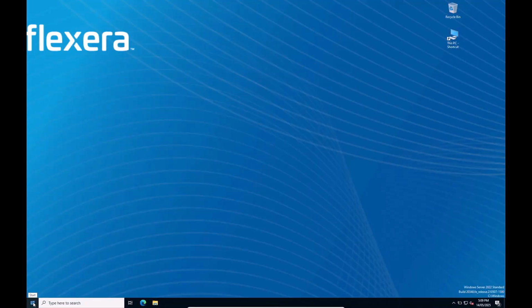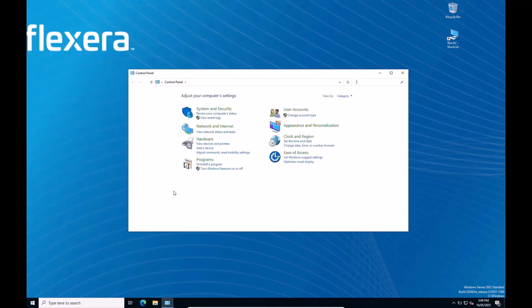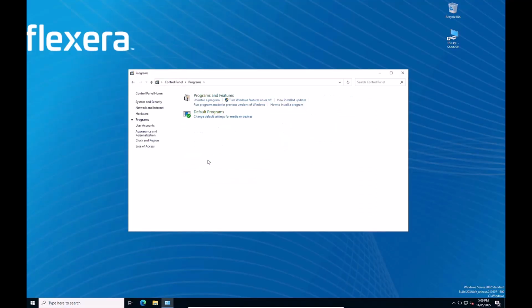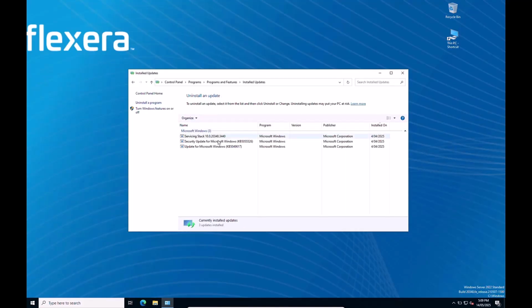Click the Windows button. Click Control Panel. Click Programs. Click Programs and Features. Check if you see C++ installation from the list. Click View Installed Updates. If you don't see C++ Redistributable installed, you will have to install it first before